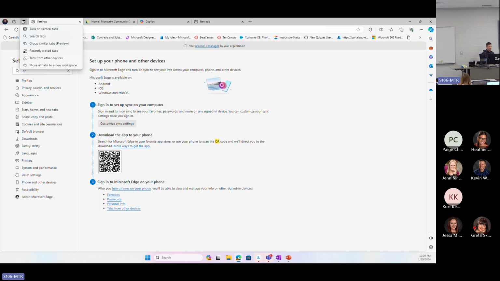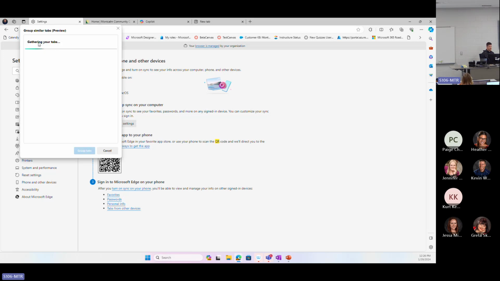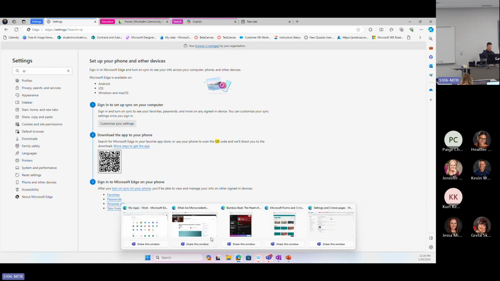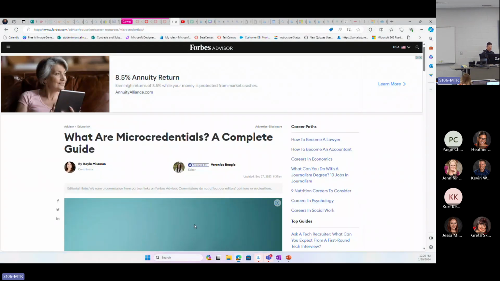This is a smaller one. Let's try this, even though more tabs would have been more impressive. Okay, so there it goes, just like that. Okay, we say go ahead and group the tabs. All right. I'm still a little bit let down because I really wanted the other one to work because it